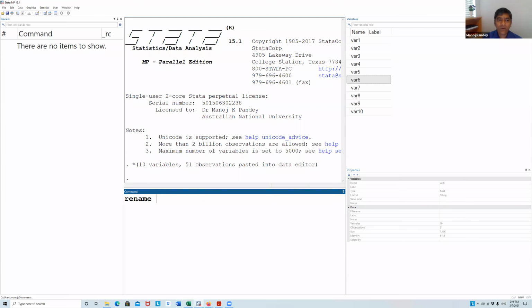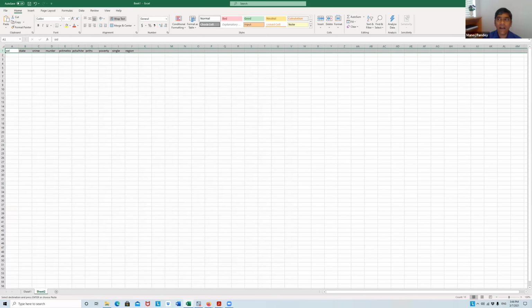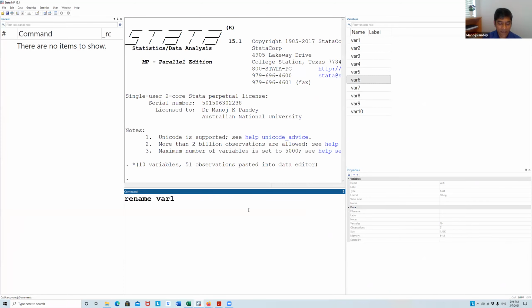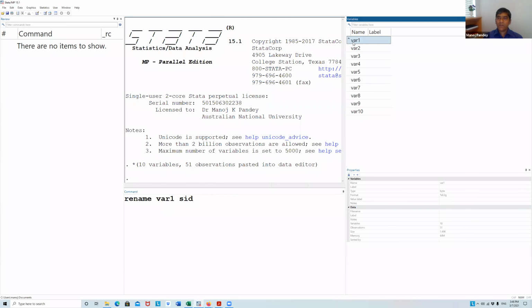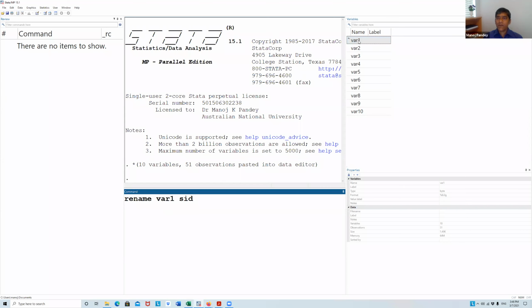I don't like VAR1, so I will put the old variable name, and then what was it initially? It was SID. So I can put SID, and once I enter, it will give the name SID. So variable VAR1 will disappear and SID will come there.